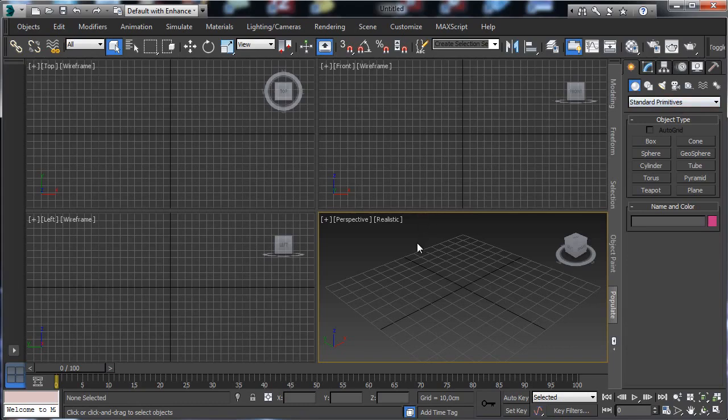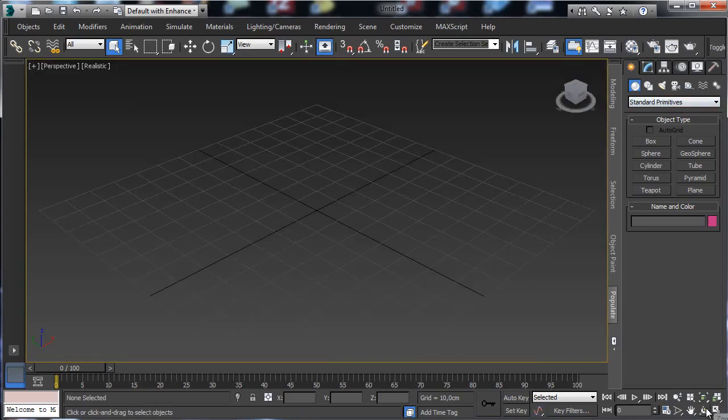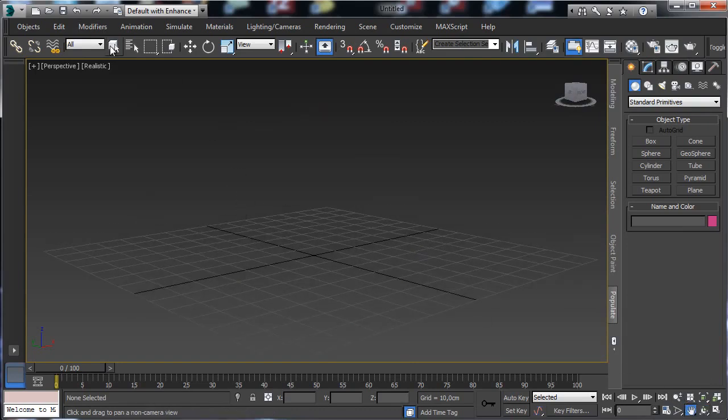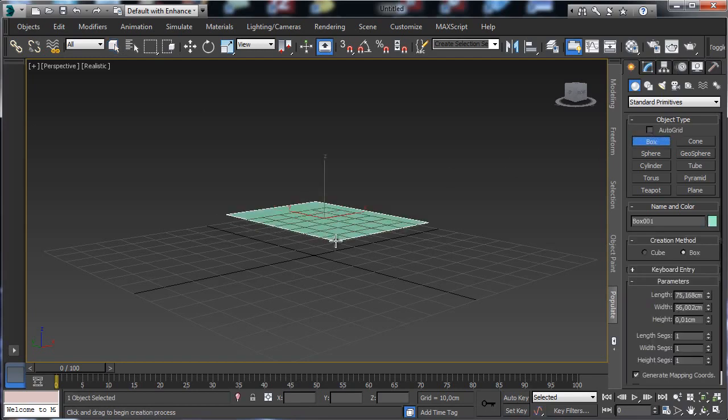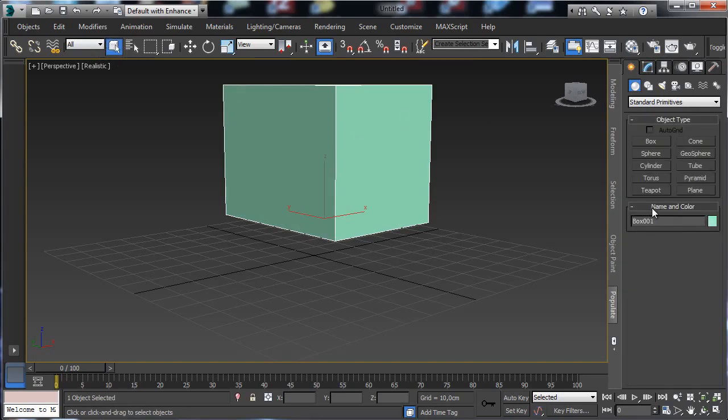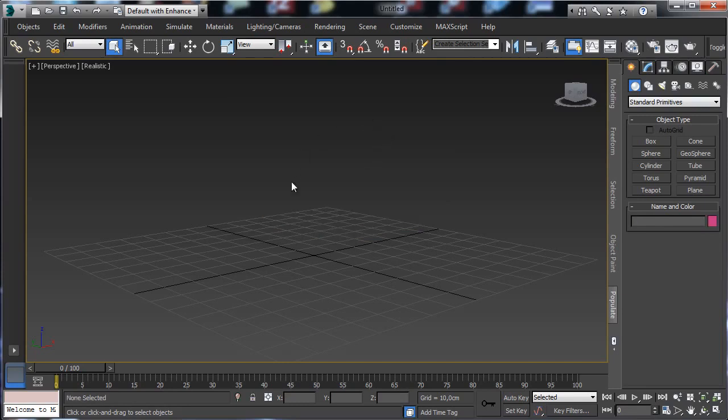What I mean is, let's think about, for example, we are modeling something inside the viewport. Now let's imagine that we like to create a box. If we like to create a box, we have to go there and create the box. It's simple, obviously, because this one is a really simple feature and it can be found in a really fast way. But there is a new way, and to access the search you have to press the X key,